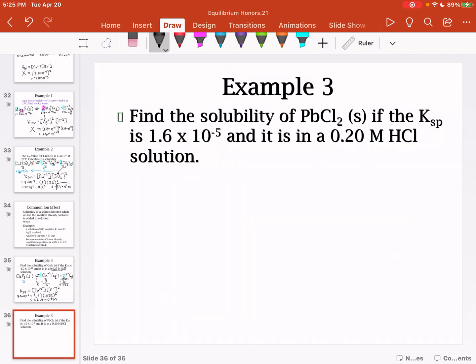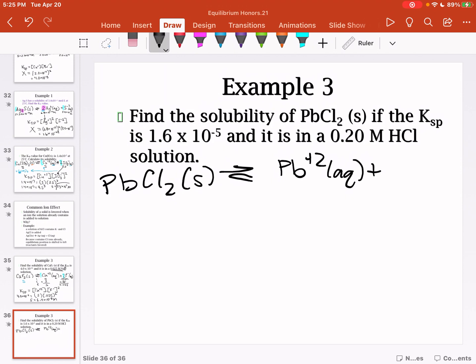So our last example for today, we're going to do something again very similar. So let's see if you can pause the video and go ahead and give this guy a try. We take our PbCl2 as a solid, and we're going to dissociate it into lead 2 ions and 2 moles of chloride ions. As usual, we want to find our solubility. So this guy is S. And as we said before,